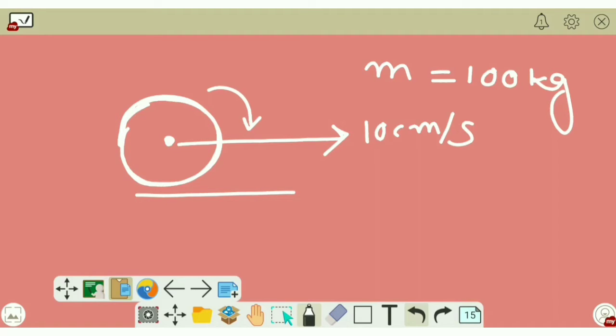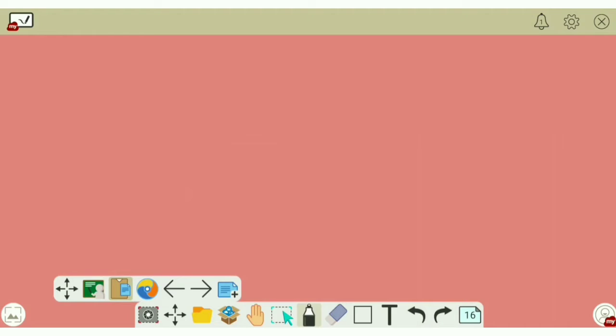the total energy of this system, if we find that, and if I give that amount of work to this system, then it will be stopped. So we have to find out the total energy of this system. Now as this disc is rolling, it has two types of kinetic energy. One is translational kinetic energy,